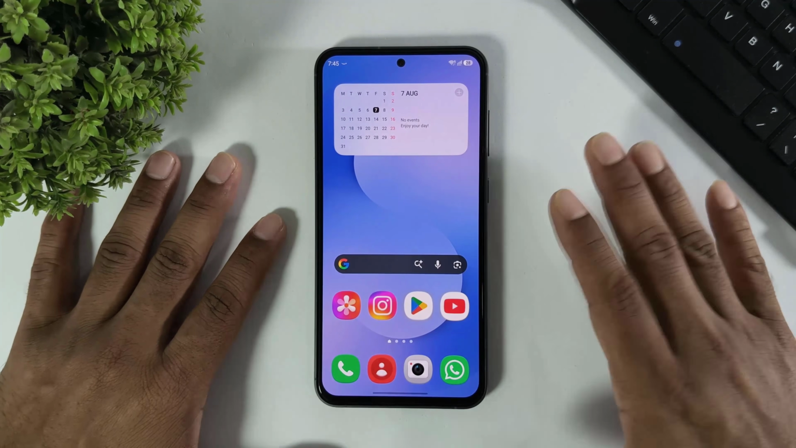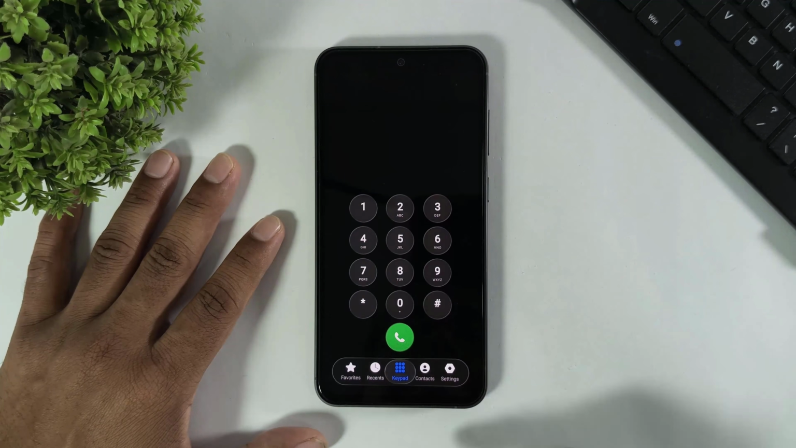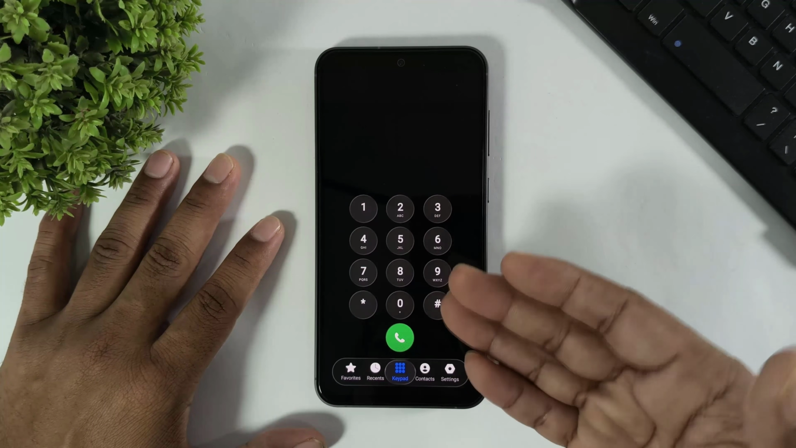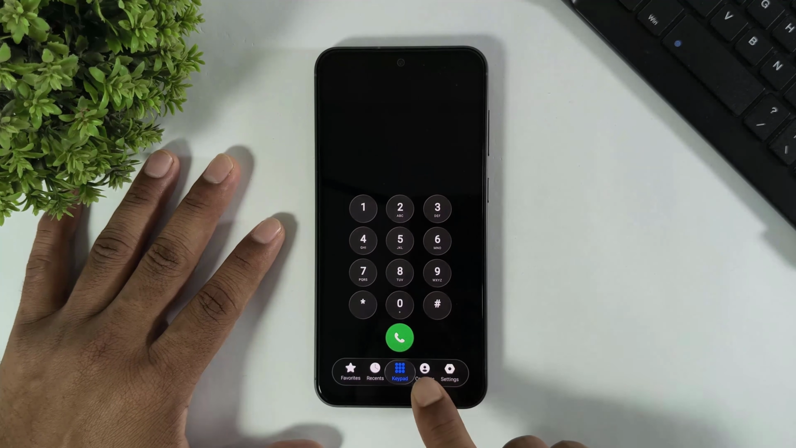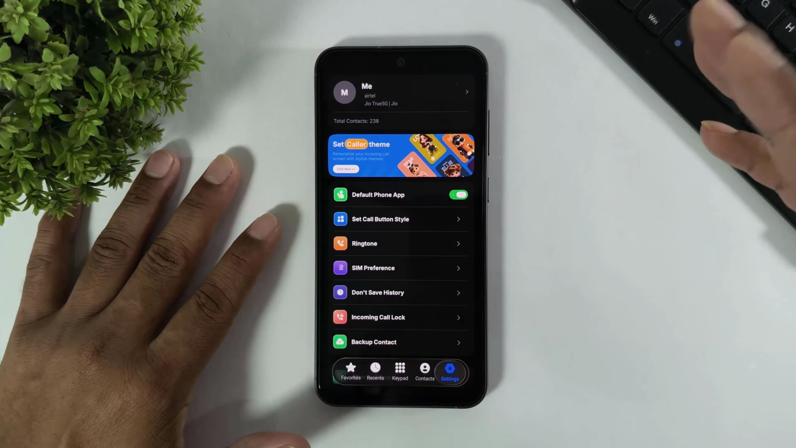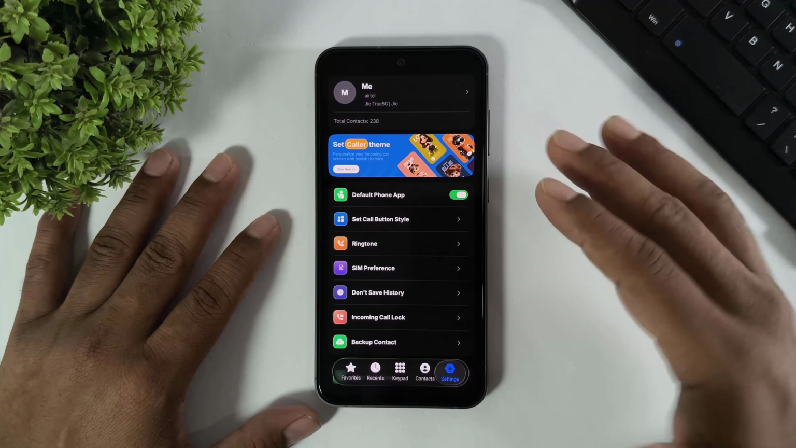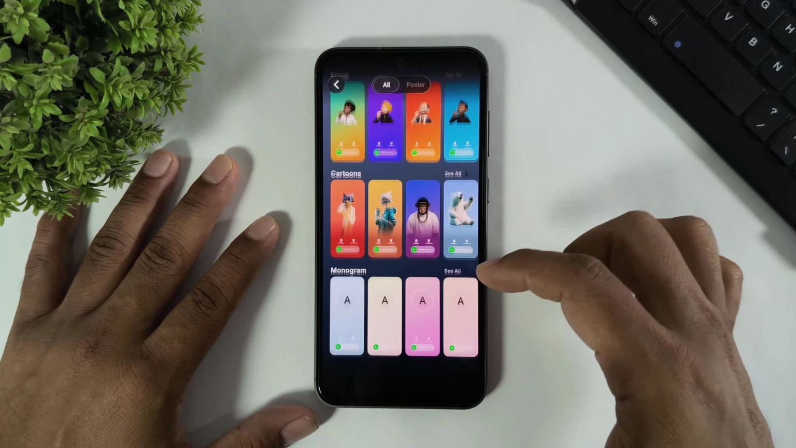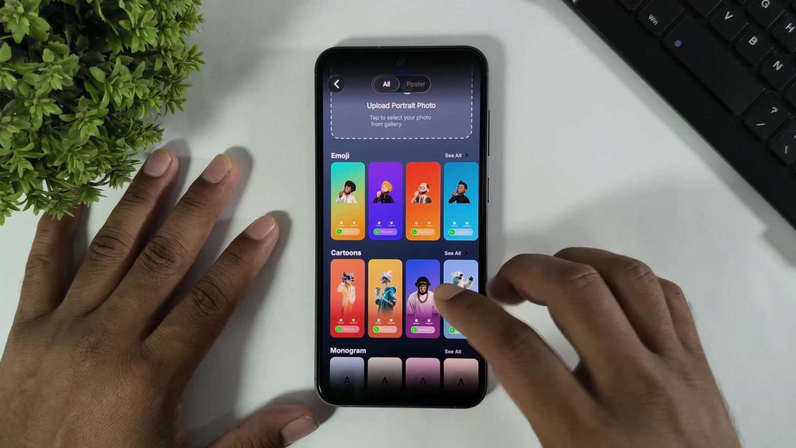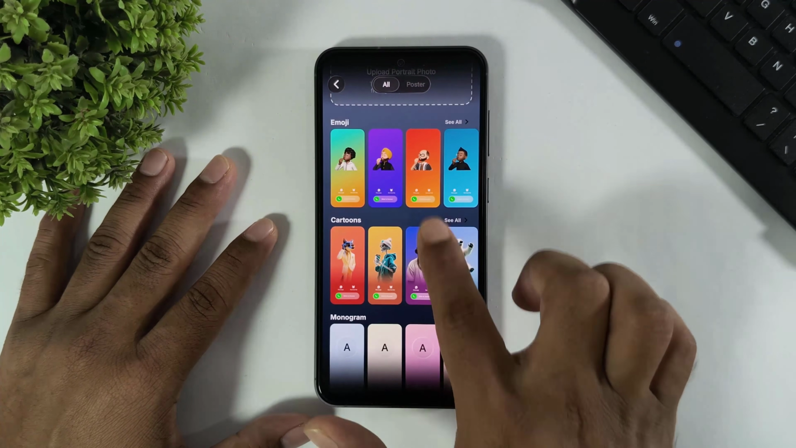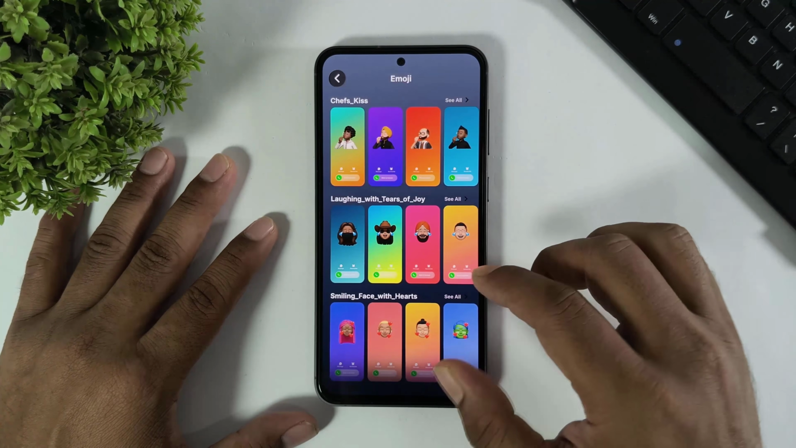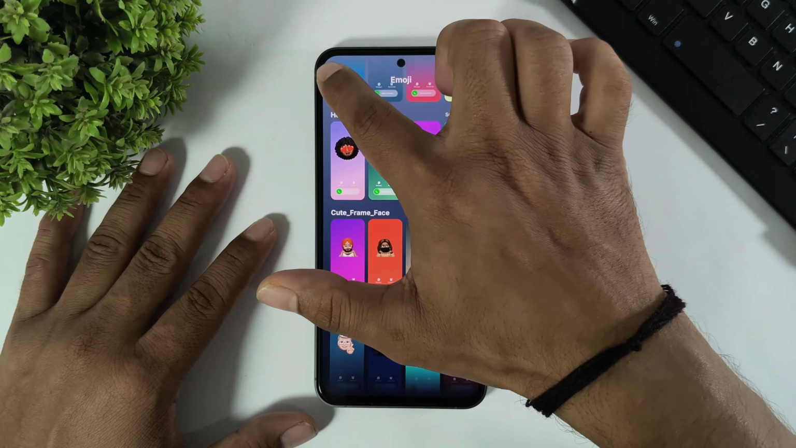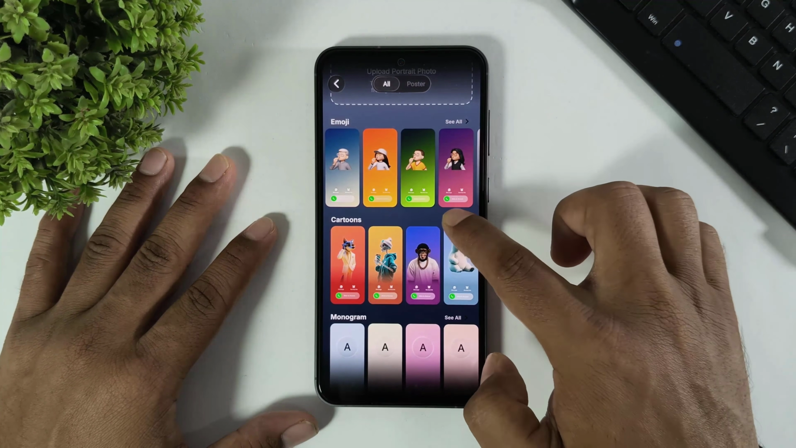Look at this. Now go to the call screen, look at this favorite, recent, keypad, completely liquid glass style. Now go to settings, and guys, the most important thing about this dialer, simply tap on color theme, and look at these many beautiful themes you can set one by one for all contacts. Look at these, tap on emoji, these are all emoji preset themes for the call screen. This is cartoon,